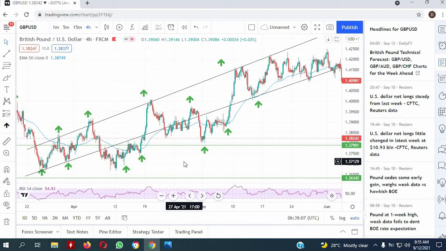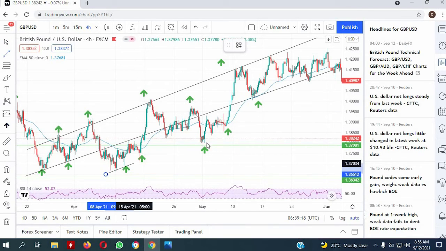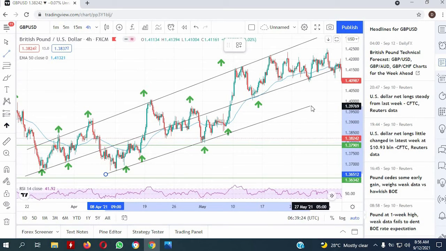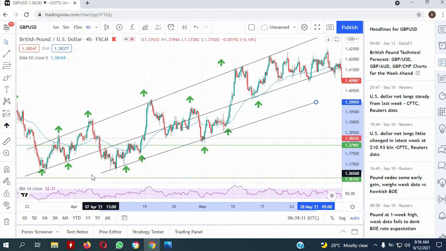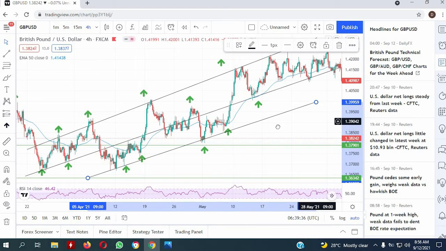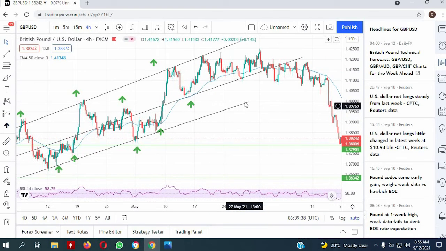So what we can do, when we realize that we are in a trend within a trend, is draw another trend line, from this level right here to this level right here. So we have a trend within a trend. So you can now determine when to make your entries, because as long as you're having the